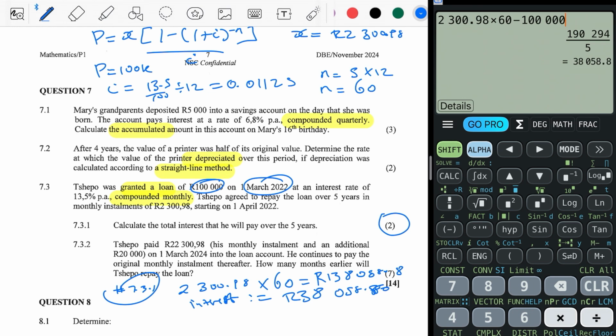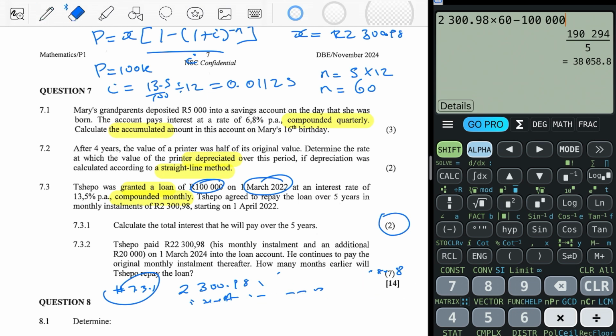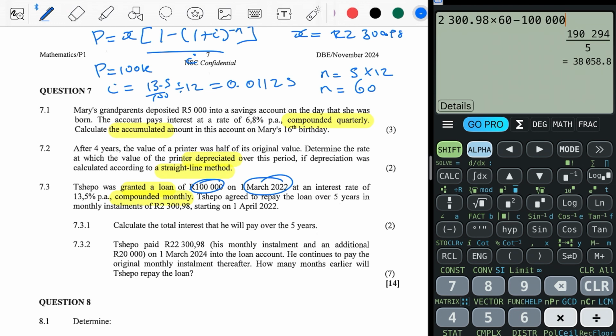So on the loan after 5 years, he's paying 38,000. It's a very huge loan, actually. That's a huge interest. But yeah, it is what it is. So now you see, if you take a loan, you should always be able to calculate how much your interest is going to be at the end of the day, and see if that's reasonable or not. That's how you do it. So let's go to